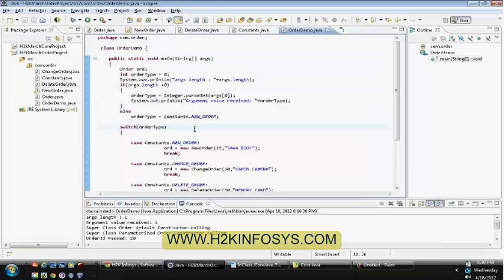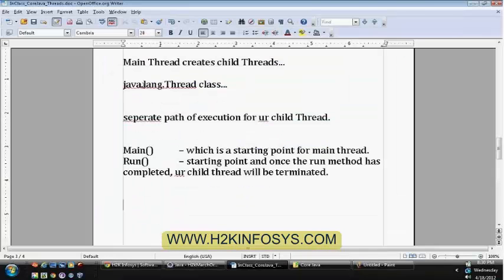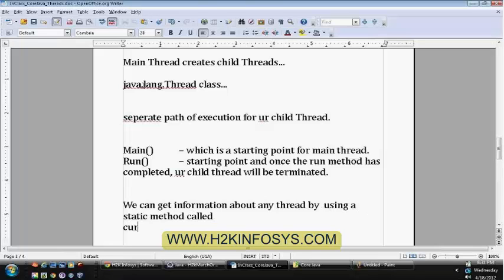As of now, we have mentioned the main thread, which was created by JVM. So can we get some information about the main thread? Yes, we can get information about any thread by using a static method called currentThread, which is available in the Thread class.